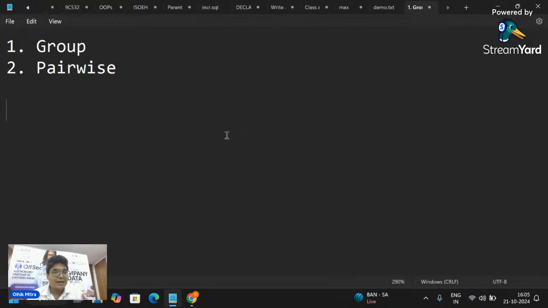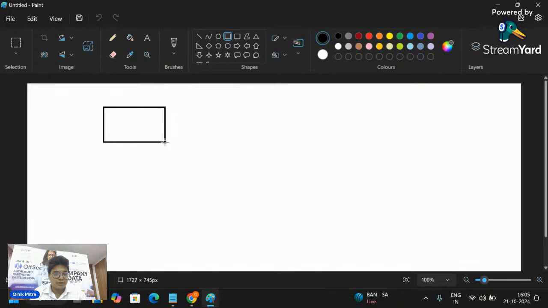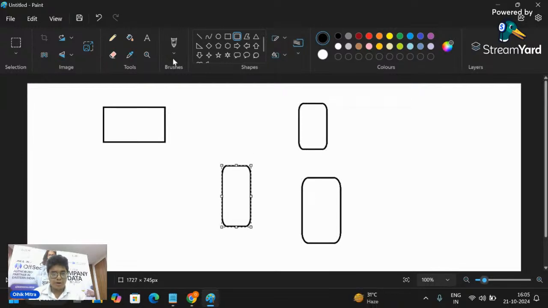Okay, now let me open my paint. Suppose this is the access point which you installed in the office or home, and these are the client devices which are wirelessly connected to the access point, connected and disconnected.